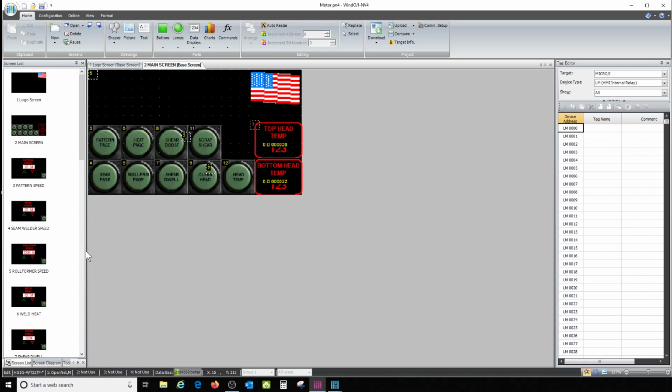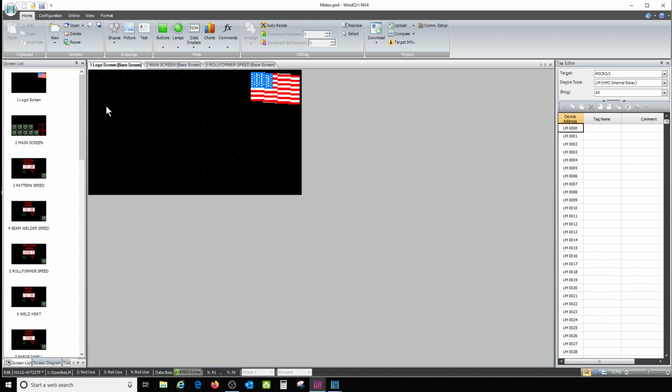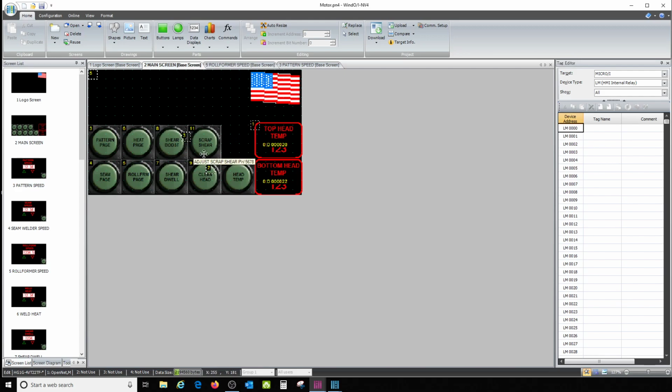It's for an HG1G, which is on this machine that we programmed, but it's got some analog stuff like an input from a temperature head. It was a laser temperature device telling us head temperature on the welder. Had a roll former speed for the roll former. It's got some background stuff like the American flag there on it that shows up on every page you go to pretty much. It's got, of course, all the different buttons to go to the different parameters to change them